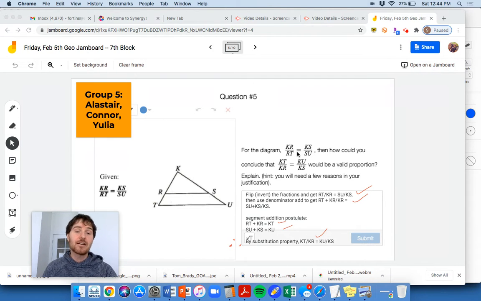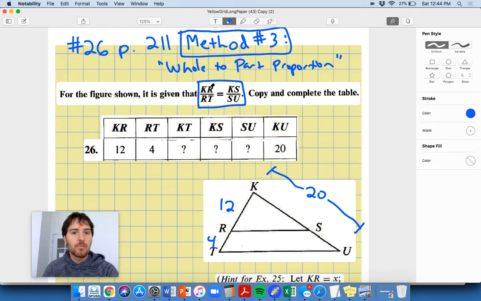Okay, this last one that I'm going to do, the last way of looking at it, is I want to draw your attention to what we did on Friday, question number 5 from the group work. This is the hardest one. I talked to multiple groups about this. I stayed on block 5 and talked through this one with maybe about 10 people. But anyways, in this diagram, on Friday we were given the same thing that we're given on this problem, which is a part to part ratio. KR is a part right here. RT is the lower left part, and it is the same as the upper right part to the lower right part,